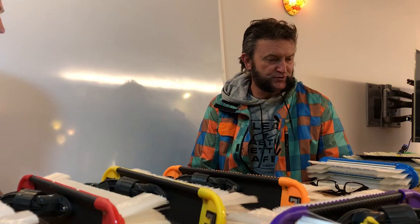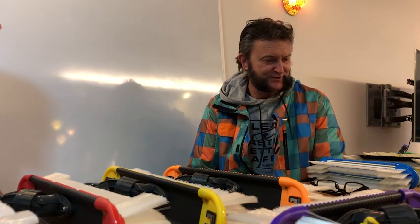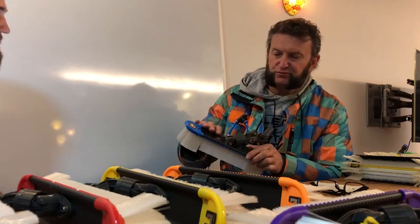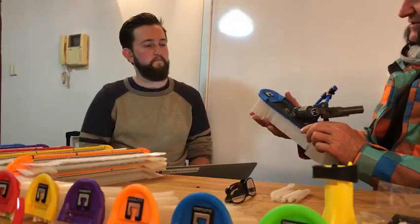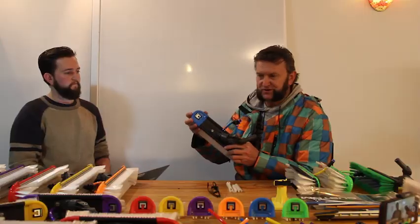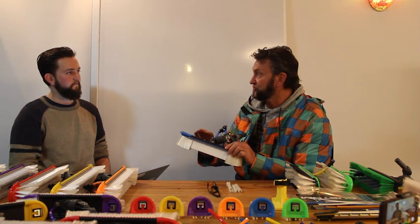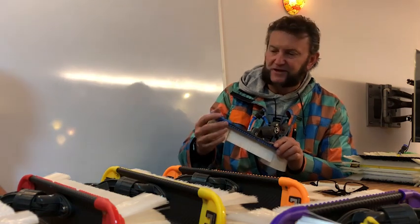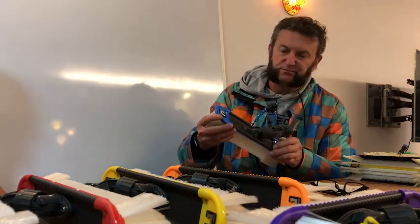What is different about the Constructor with colors versus the generation before that? Okay, there's loads of things that are different about it. Firstly, we changed the image. So we put the carbon fiber wrap on it, which gives us the ability to highlight the color. We've put this carbon fiber wrap over the aluminum because that then highlights the colors. We just felt that that makes a fantastic difference. In fact, Larry Crook from Connecticut suggested that idea to us, and I think it's really proven to be very